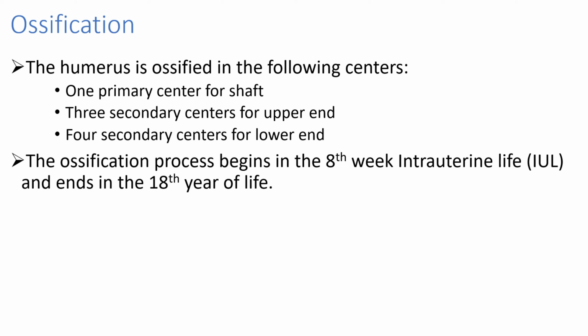So in total, the humerus ossifies from 8 ossification centers: one primary at the shaft, four secondary at the lower end, and three secondary at the upper end. The ossification process begins in the 8th week of intrauterine life and ends in the 18th year of life. So that's the brief